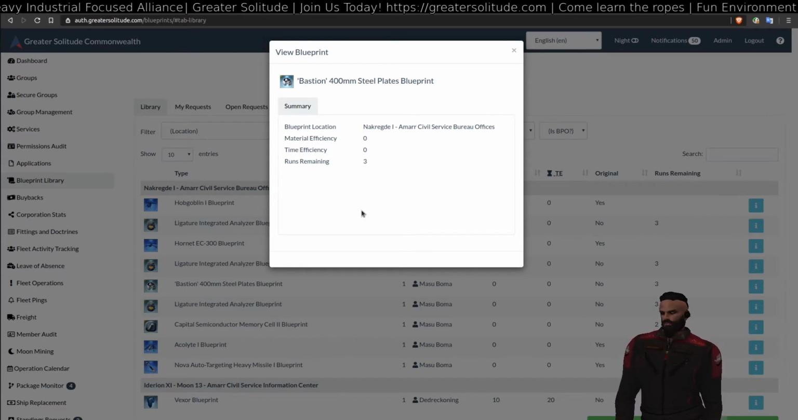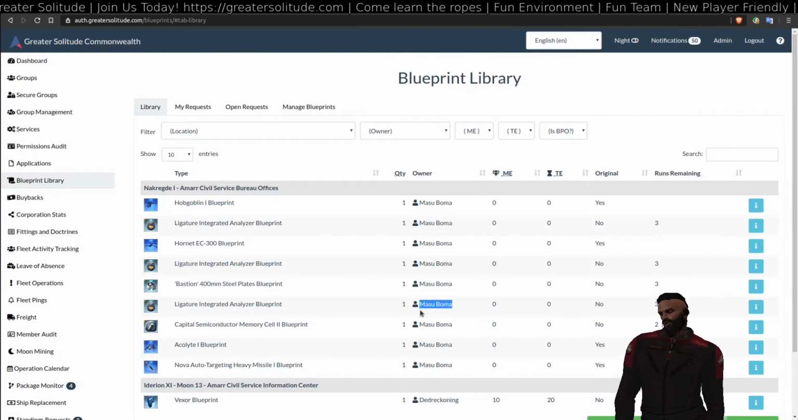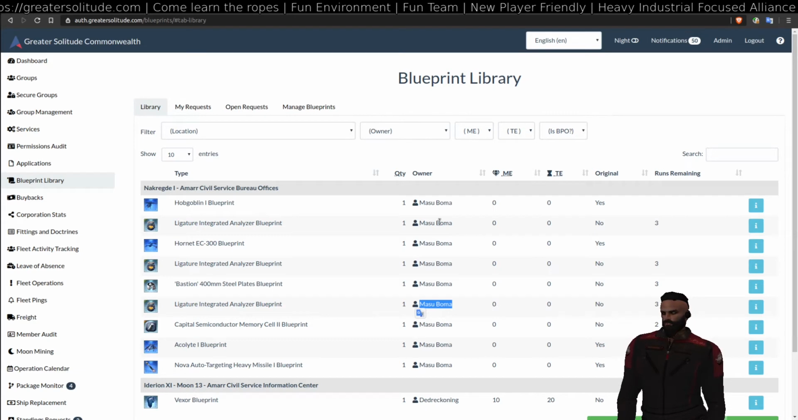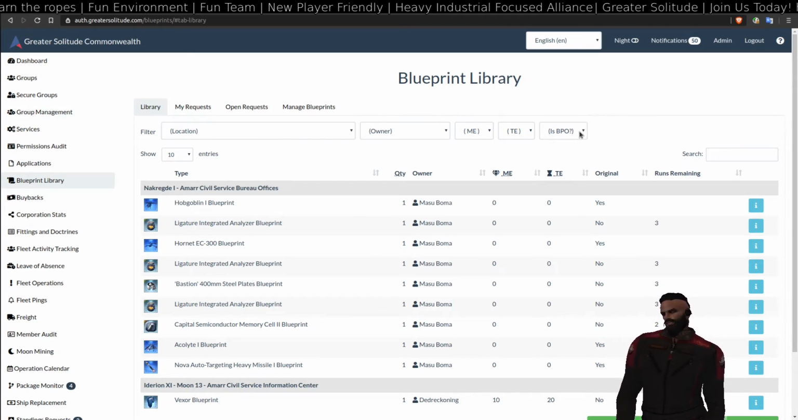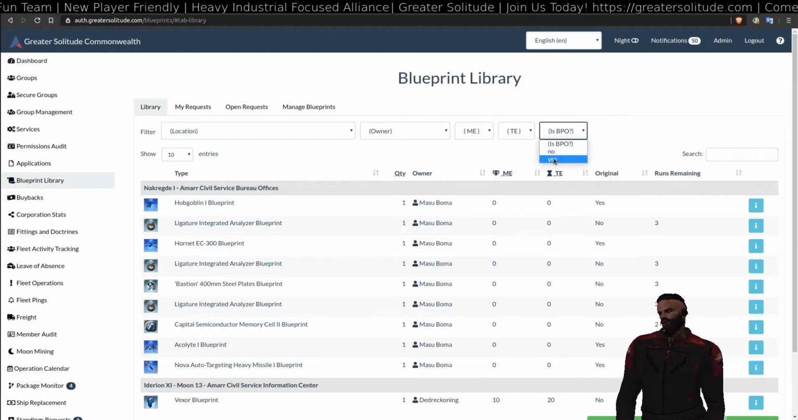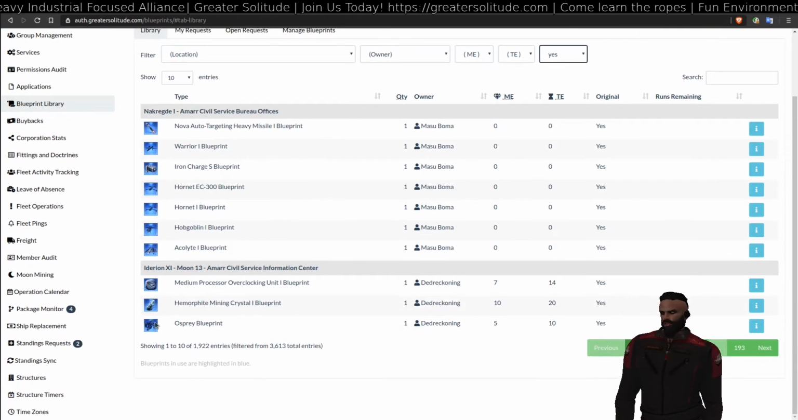So if you're interested in this blueprint, you'd have to contact the owner in game or on Discord and find out if you can get the blueprint or buy it off them. Basically, the best usage for this library is you would select this BPO drop down and select yes, alright, because you can make copies from BPOs. Browse through the BPO area,